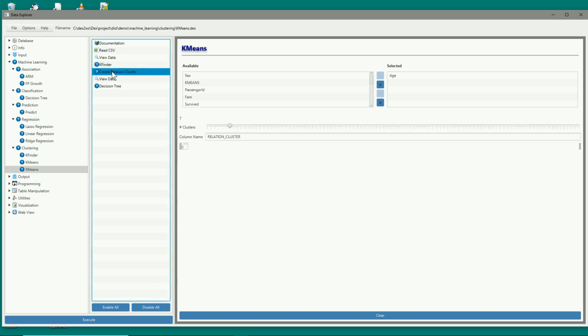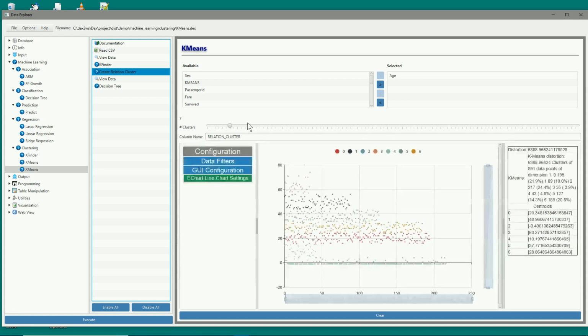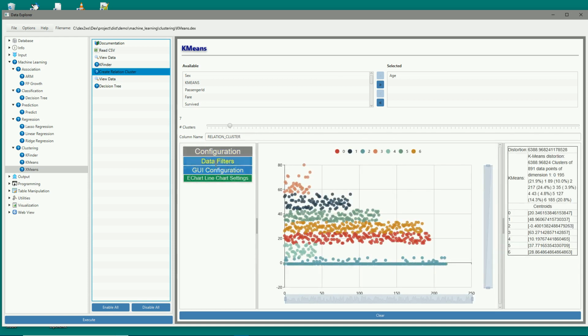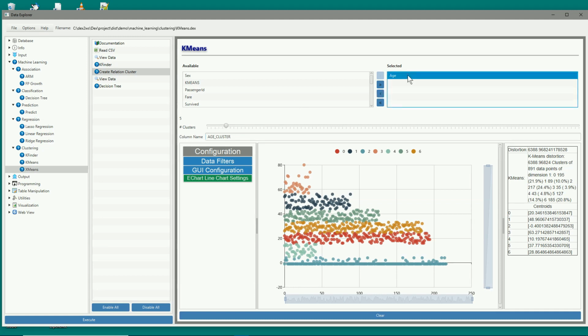So I'm going to jump to the next one here, and currently it's got clusters set to 7. But I'm going to reduce this to 5, and I'm predicting age here. I should be calling it age cluster. So what we're doing is we're going to cluster. We're only going to consider the age category here, the age column or feature, whatever you want to call it. We're going to output the cluster into age. And we're going to use that k-means value we decided on in the K-Finder, a value of 5,